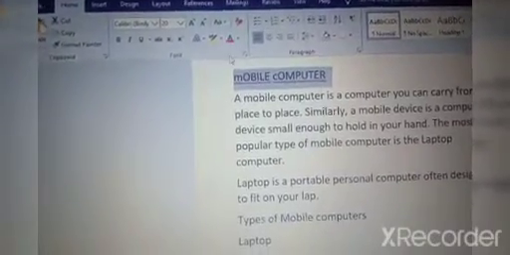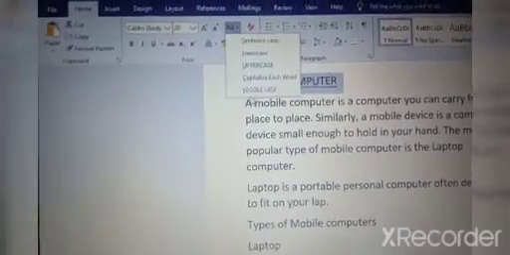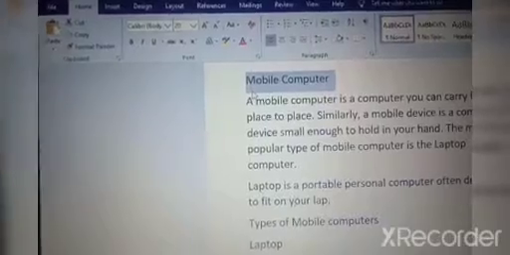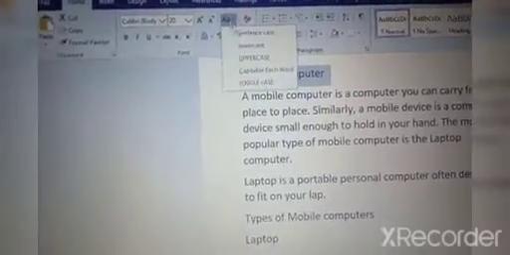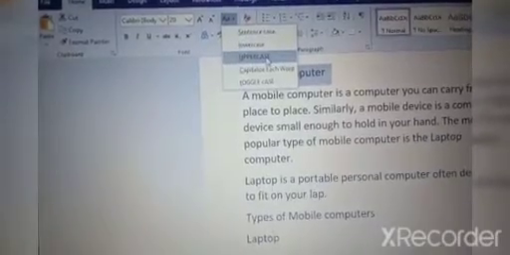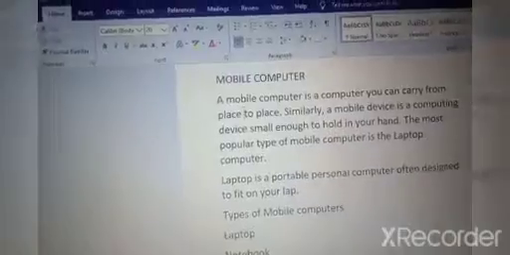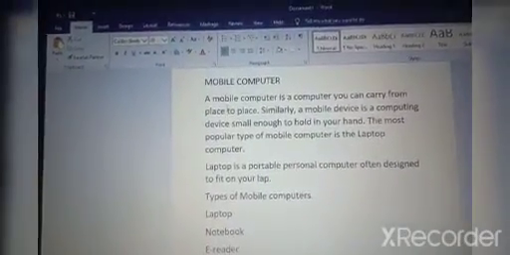Understood? Children, what is toggle? See, now again click on the toggle. See, it will become as it was. Understood? Capitalize each word. This is the heading, so I want it in uppercase, all in uppercase. So I will click uppercase and see, you will get the heading in capital letters.